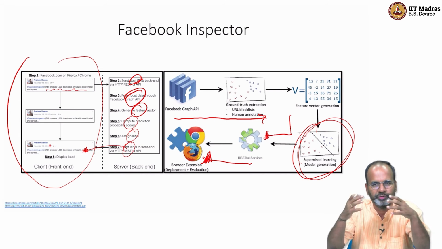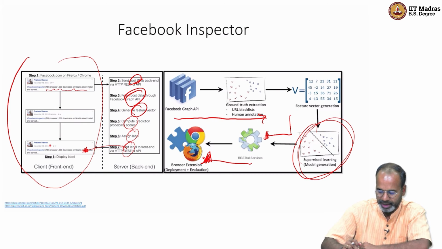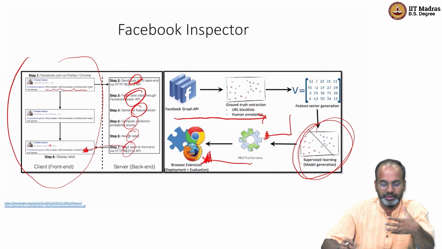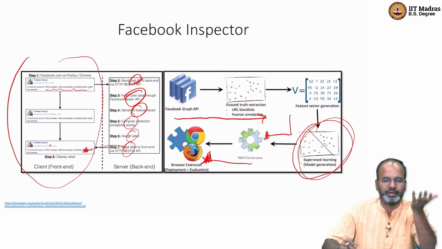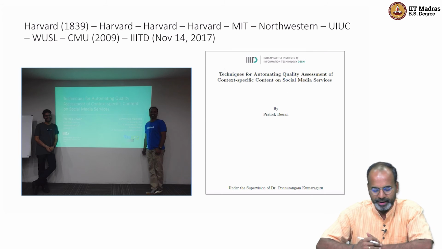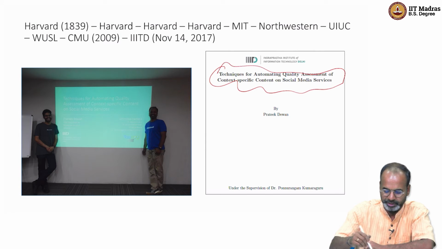Very abstract view of what is going on. Of course, there are lots of details. Of course, these models have become so advanced from the time that we did this work. So probably today, if you were to build this architecture, we could build it slightly differently. But at the 30,000 feet high view of what the architecture would be, I think today also the architecture would be very similar. So this one was, again, if you are interested, you should look at this PhD thesis work